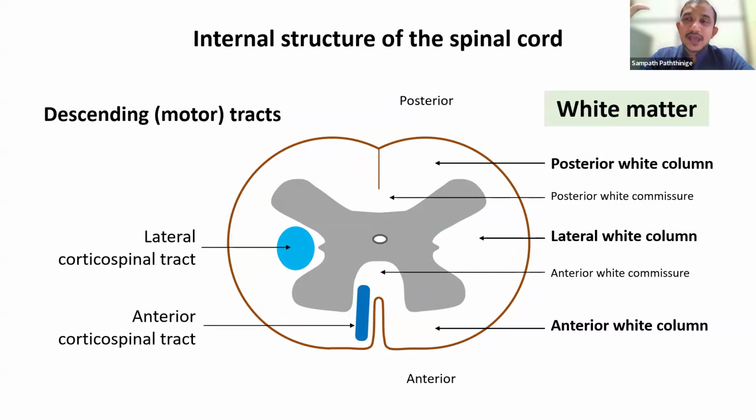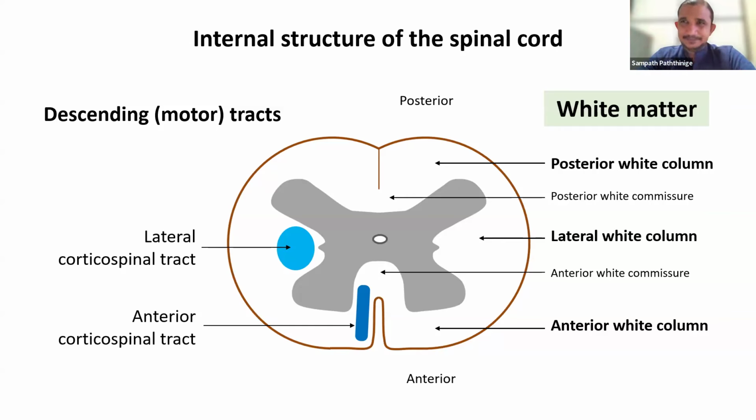The descending tracts, there are many descending tracts, right? What is important for the voluntary movements are the corticospinal tracts, which come from the cerebral cortex to the spinal cord. We have a lateral corticospinal tract, which is the largest one, containing about 90% of the neurons, right? And the anterior corticospinal tract, which has a smaller contribution. Remember, in addition to all these, there are a lot of extrapyramidal tracts. These two are known as pyramidal tracts because they are arising from the pyramidal cell layers of the cerebrum,